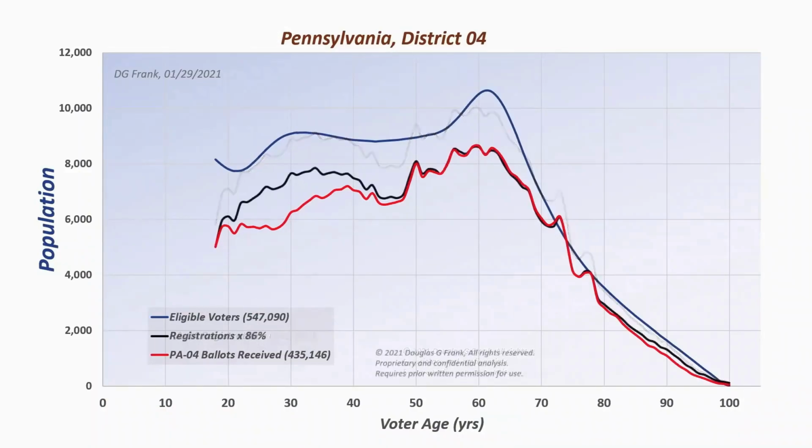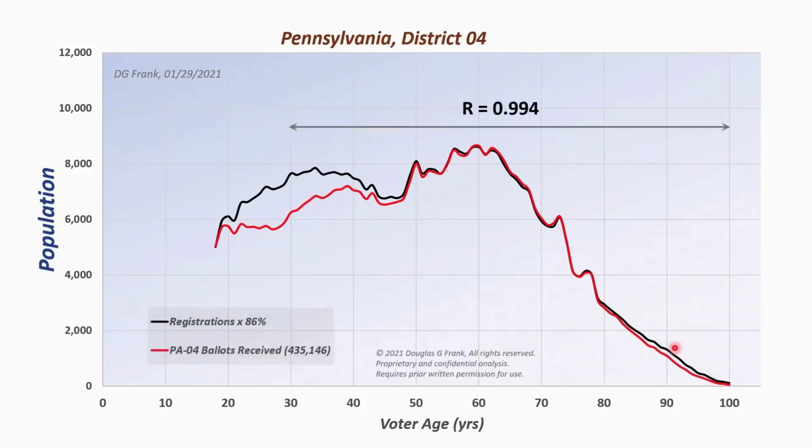And I can help you to see that by, if I take that black line and multiply it by 13/15, or about 86%, you notice that above about 50 years old, everything is like a perfect match. I mean, it's ridiculously close. That's a warning flag, right? Now, you might say, okay, well, what an amazing coincidence. Except I'm about to show you that it's not a coincidence, and I can predict every county, and I shouldn't be able to do that. So that's some of the proof that I'm about to show you or help you to understand.